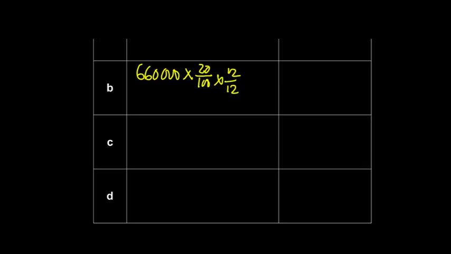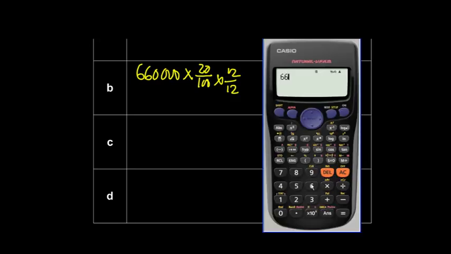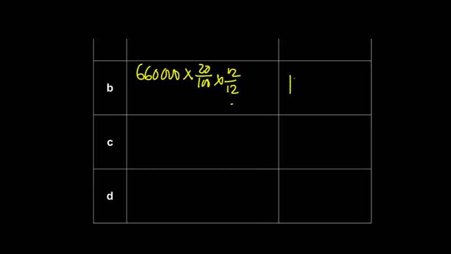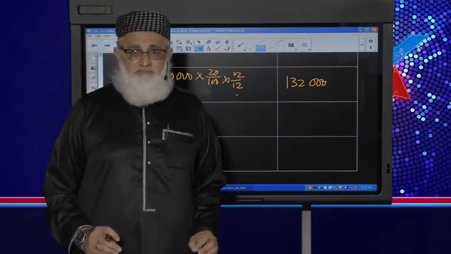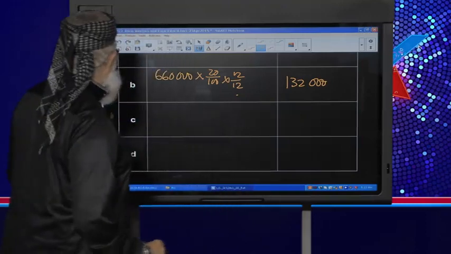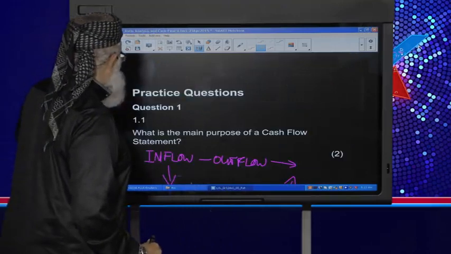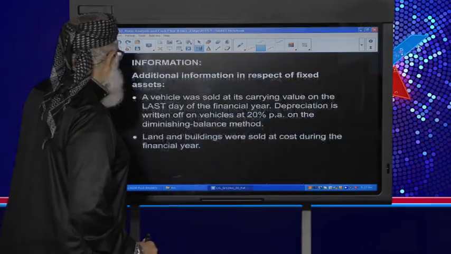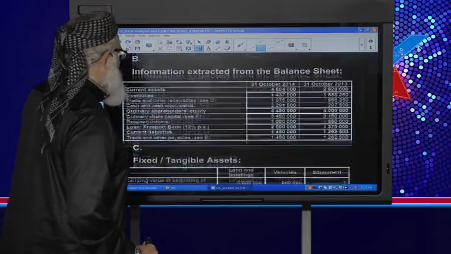Let's check. It's your 660,000 times 20. 132,000. Voila, there's my figure. 132,000 is my total depreciation that I have to write off on my vehicles for this financial period. Got that? Okay, good. Let's go to the next one. What do they want in C? Let's check. In C, they're telling us here that